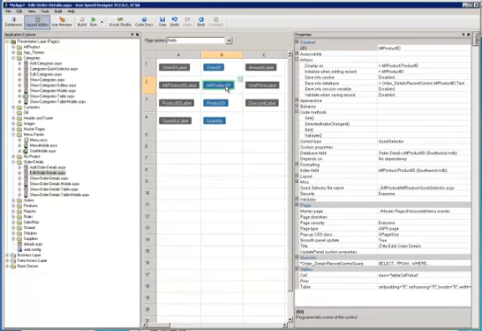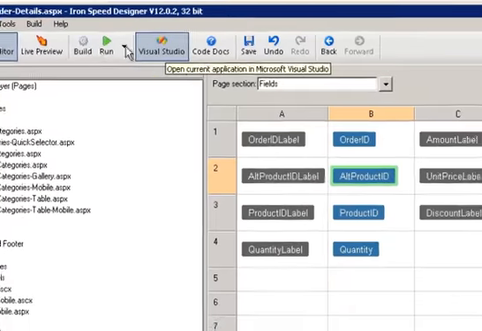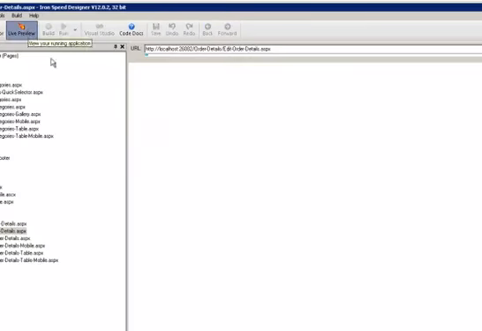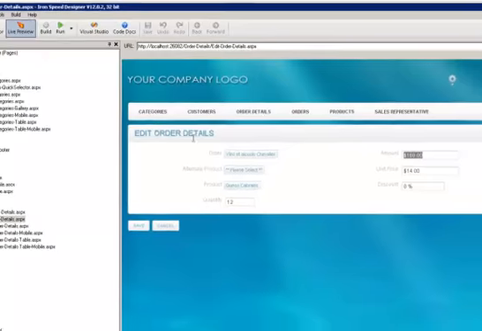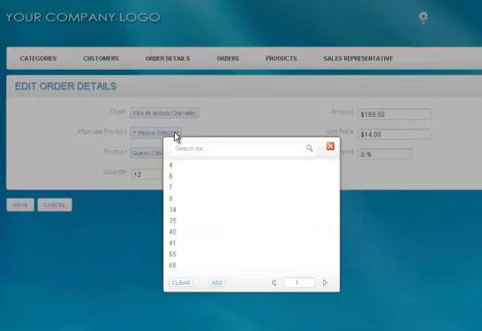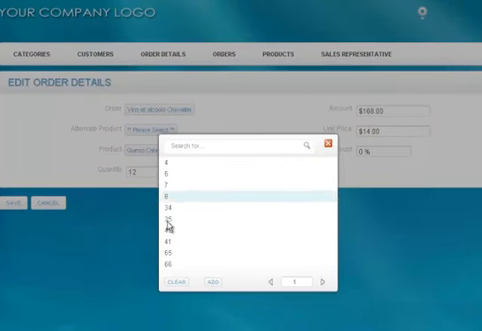And so if we view, where is my preview? If we view the page now, we'll see that we select the alternate product ID from its view. And so we can select the alternate product IDs, but we don't have any value, so all we're doing is selecting the ID. Well, it's kind of hard to know what it is if we don't have a value for it,